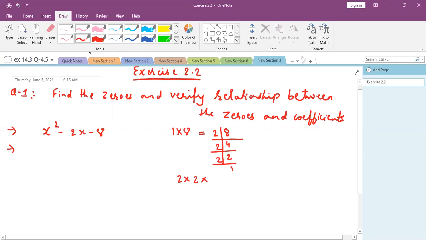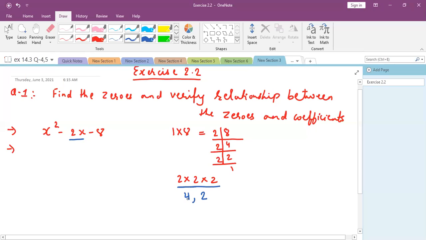So here, if you see, your middle term should be 2x. Now we are going to utilize 2 multiplied by 2 multiplied by 2. By adding or subtracting, we should get 2x, and by multiplying, we should get 8. Before that, we are going to make this set of 3 numbers into 2 sets. So I am going to multiply 2 twos are 4, and I will keep this 2 as it is. Now we have got only 2 numbers.